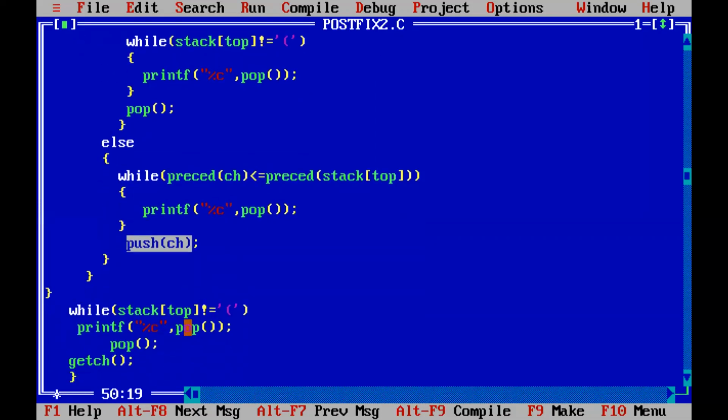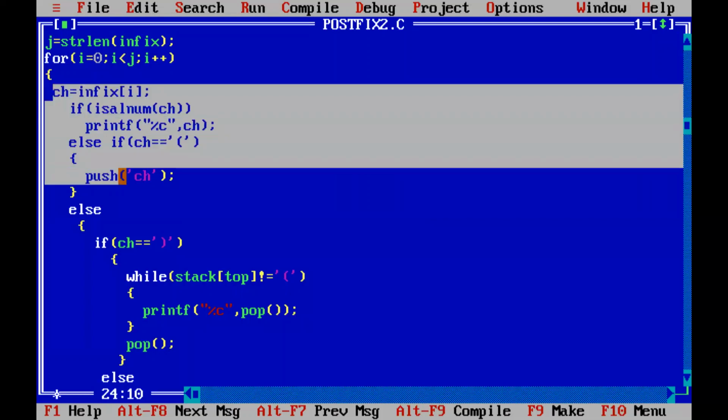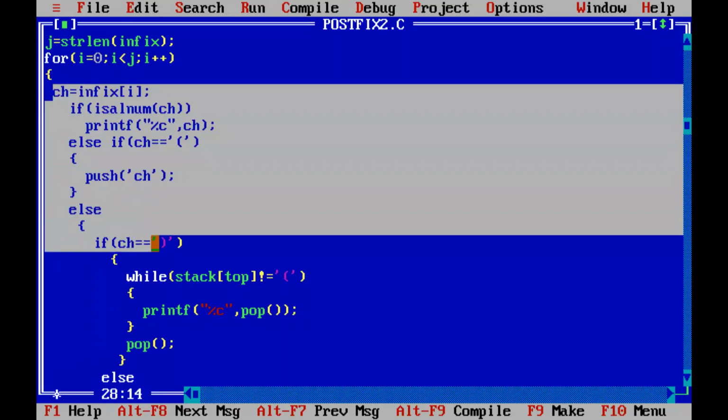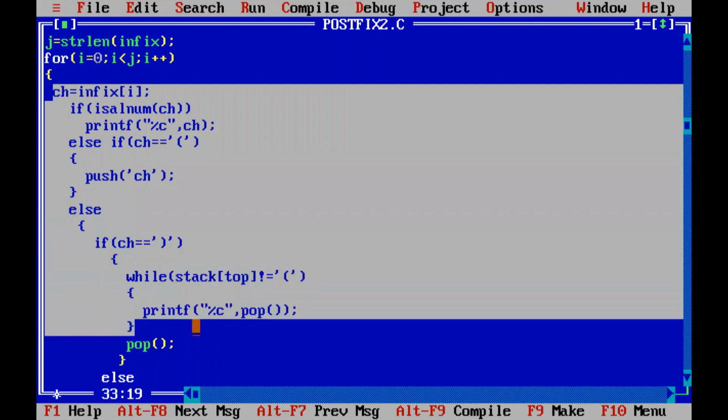Got it? So all of this will be happening within the for loop. We have started the for loop from here, and within this, we will be reading one character or one symbol from the expression. The symbol read will fall into one of four cases. What are the four cases?